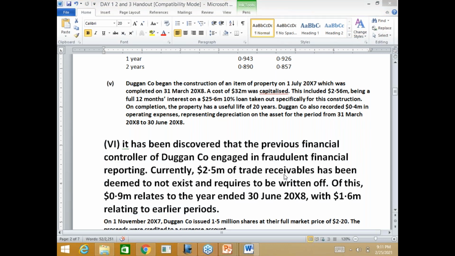Now the question said it is discovered that the previous financial controller of the division engaged in fraudulent financial reporting. Currently, 2.5 million receivable has been deemed to not exist and is required to be written off, and 0.9 million related to the year ended June 2008 and 1.6 million related to previous years. So the simple treatment should be